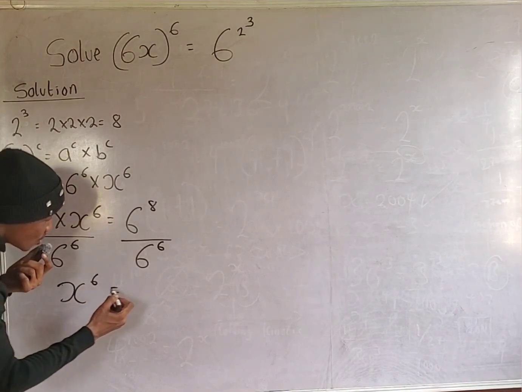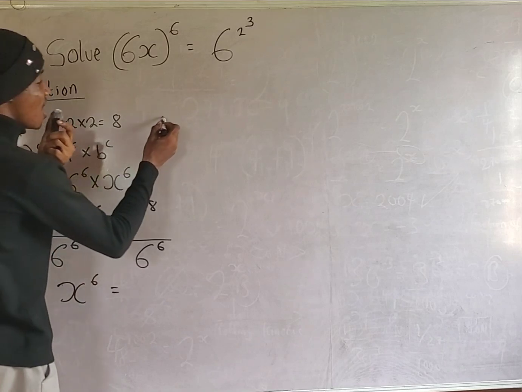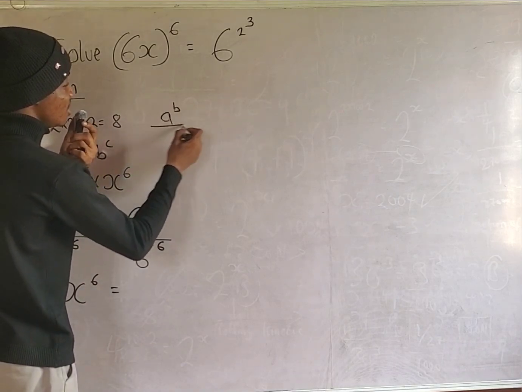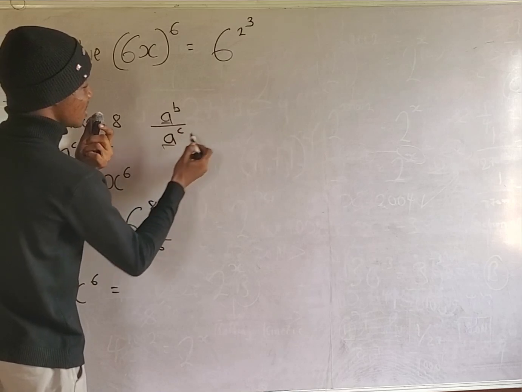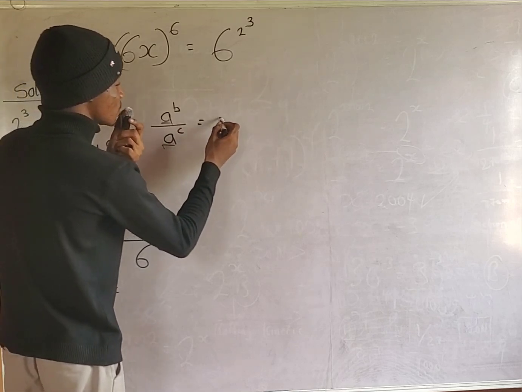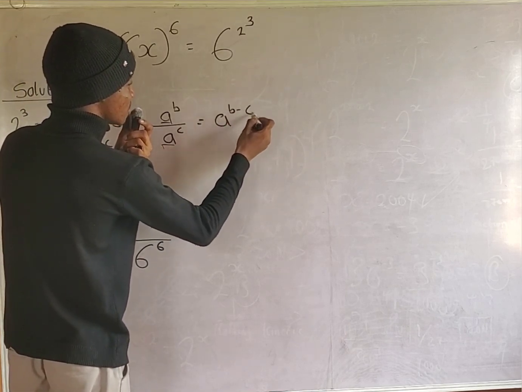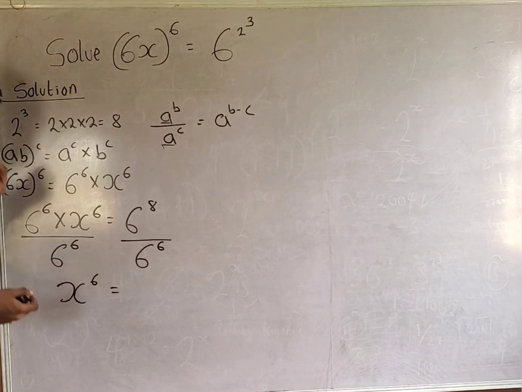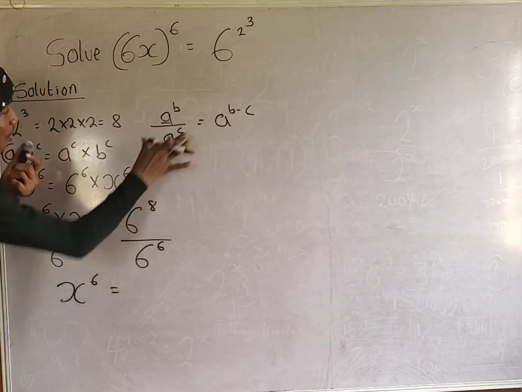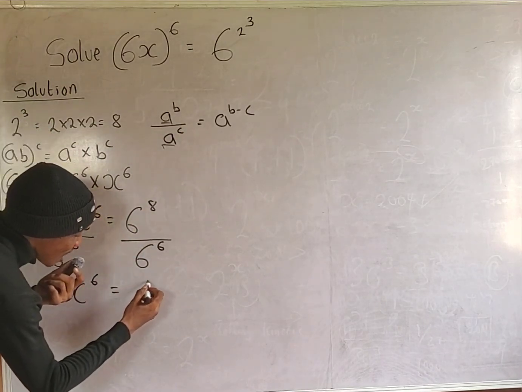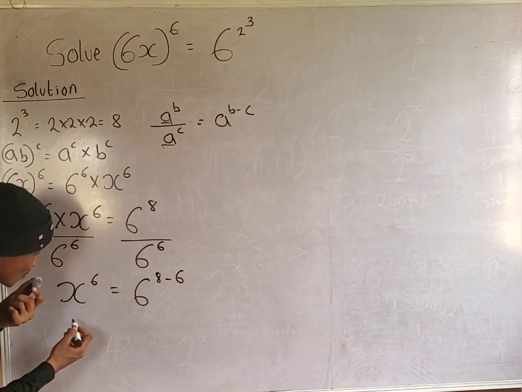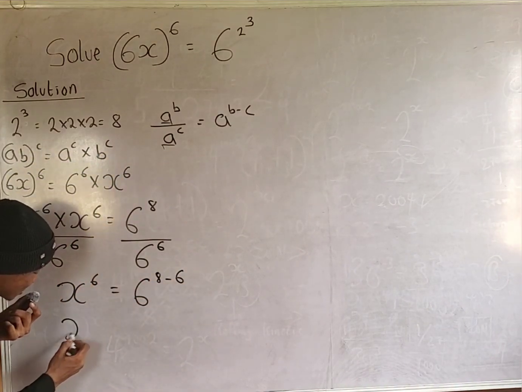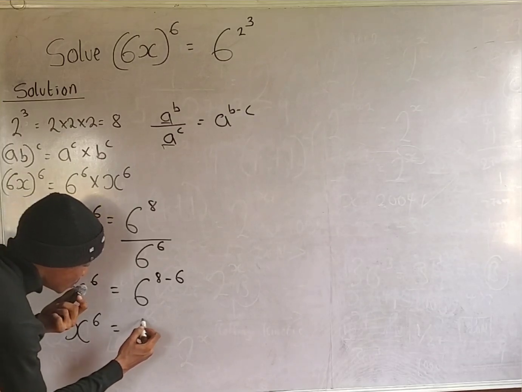Now, do you know that if you have a raised to the power of b divided by a raised to the power of c, because the bases are the same, it equals a raised to the power of b minus c, according to the law of indices. So I'm going to use this law here. So I'm going to have 6 raised to the power of 8 minus 6. So for this, I'm going to have x raised to the power of 6 equals